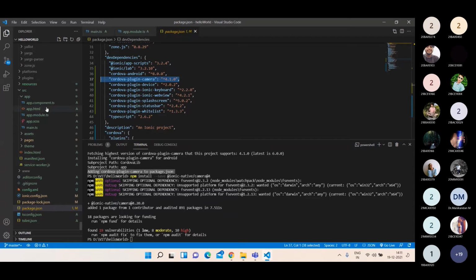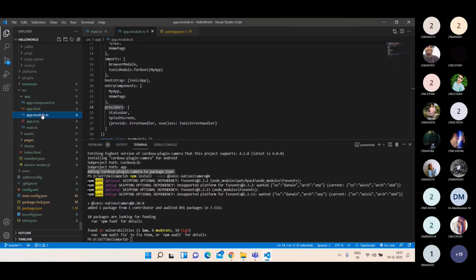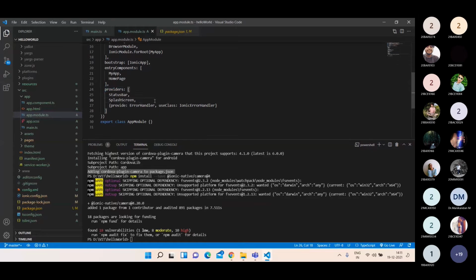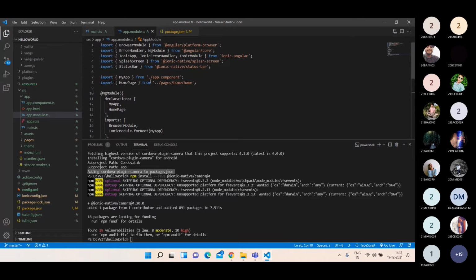So you need not install everything manually. And if you open your app module, here you may need to use this camera plugin. Right. So whenever you need to use a particular service, you may need to include that service here. So that's how it will be working.